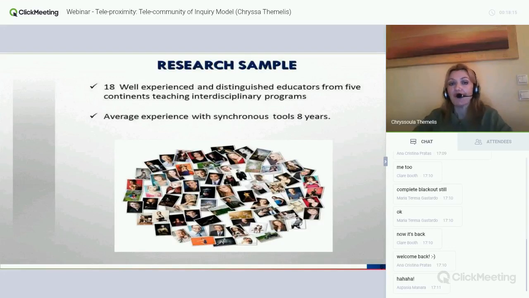So I was talking about my research sample. It is a group of people that I'm really proud of because they dedicated a lot of time for my interviews. They were talking for more than an hour sometimes. They have been awarded an International Educational Prize, and they have more than 8 years of experience with e-learning courses and 5 years of experience in using video communication for e-learning classes.